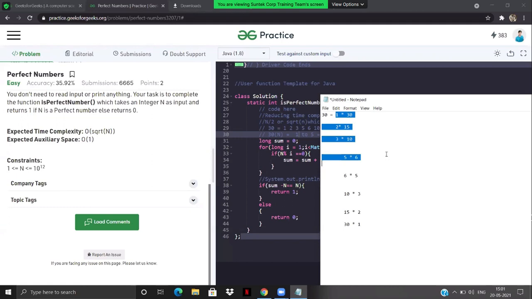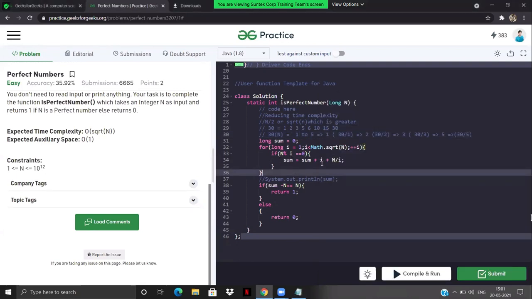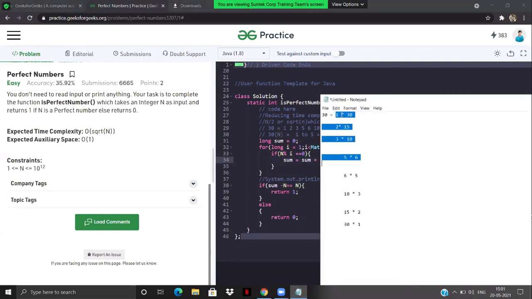So the logic behind it is that whatever number you have, that's definitely going to be multiplied with some number to make it 30, or to make it a particular number. That's the reason we are adding i as well as n by i. If I talk about i, this is going to be this number.